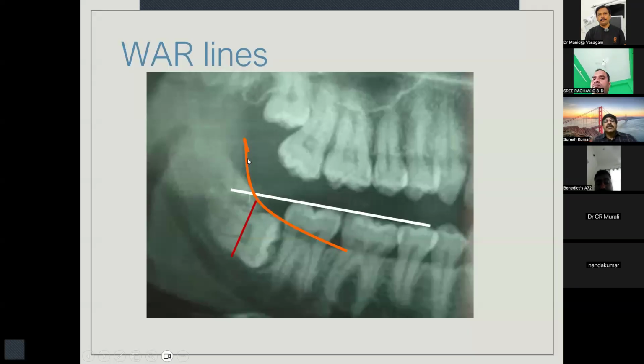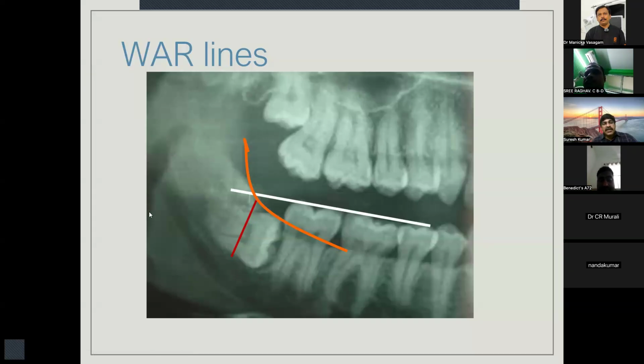Many times we make a mistake. We draw a line like this connecting the interdental space between 7 and 8. It's not correct. It should be connecting the interdental space between the 6 and 7. So what does it indicate? Whatever is below this amber line is going to be bone. Whatever is above is the structures that are seen clinically, only covered by the mucosa.